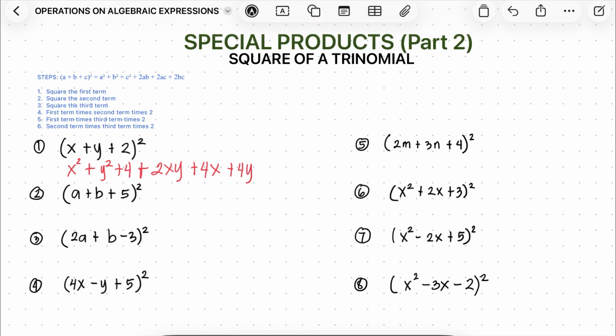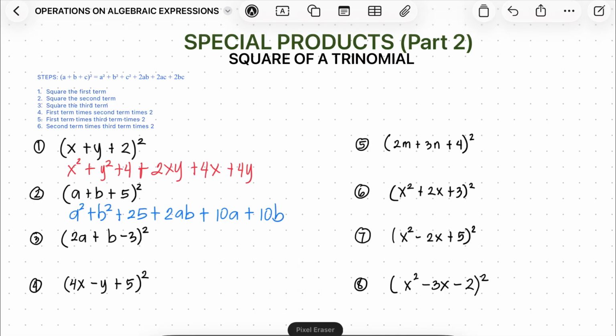Number 2, we have the quantity a plus b plus 5 squared. So square the first term, square the second term, square the third term, and then the next one would be first times second, that's ab, times 2, that's 2ab, plus next one would be first times the third, so a times 5, that's 5a, and then multiply the answer by 2, that's 10a. And lastly, second term times third term, that's b times 5, that's 5b, and multiply the answer by 2, so that is